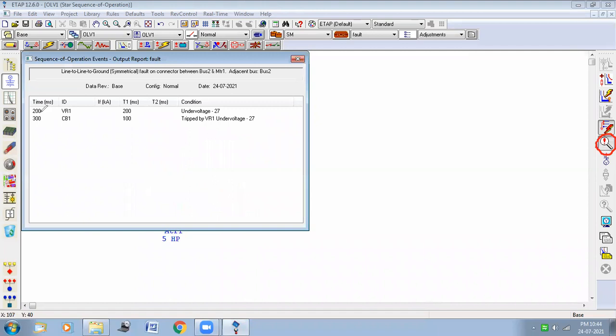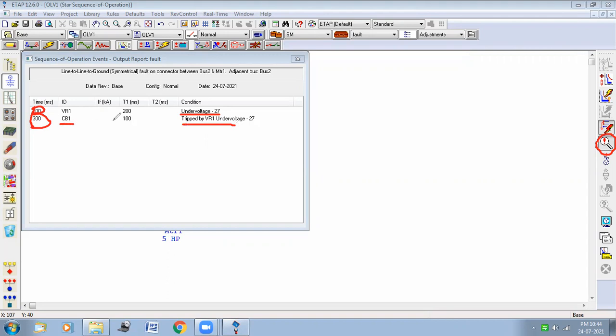Actually this will show you the time of operation. So I am selecting 0.2 for the under voltage relay and 0.3 for the circuit breaker. So 200 millisecond for the under voltage relay, that is device number 27, and 300 millisecond for this circuit breaker.